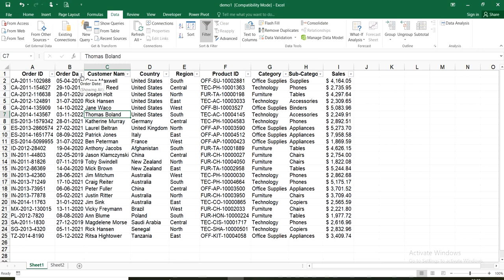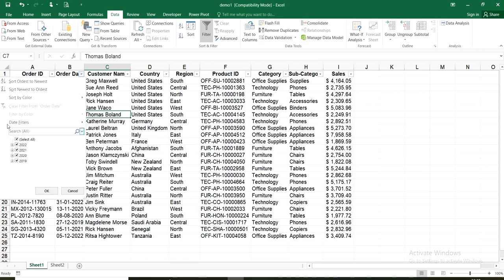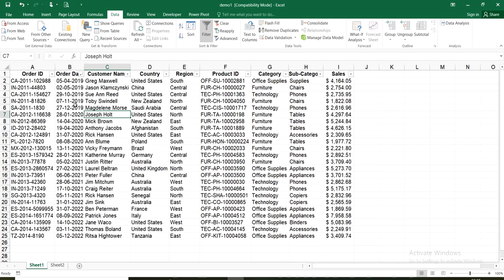Once I click on this drop down, I can see a list of items. The first item is sort oldest to newest, and the second is sort newest to oldest. Let us go one by one. Sort oldest to newest: the very first date in the given data sheet will be displayed first, and later on the latest one comes.